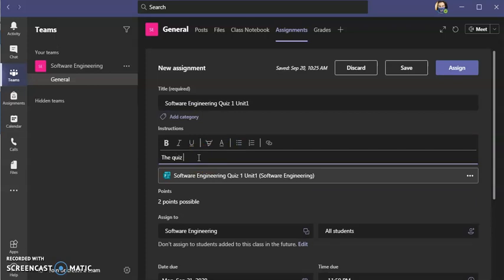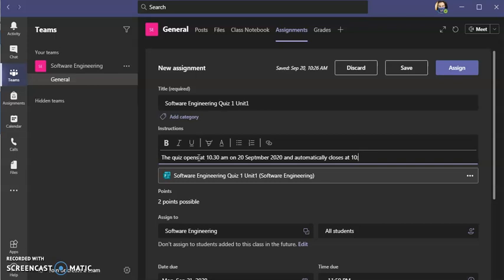The quiz opens at 10:30 a.m. on 20th September 2020, and you want to tell the students that it automatically closes at 10:35.